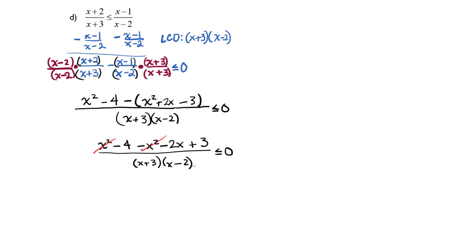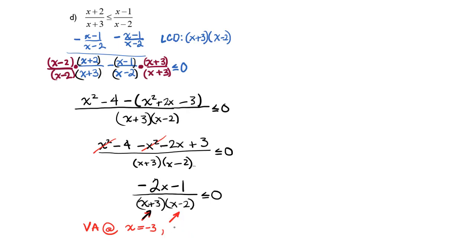We know that x squared minus x squared adds to 0. We have a negative 2x and a negative 4 plus 3. That will give me a negative 2x minus 1, all over x plus 3 times x minus 2, less than or equal to 0. The first vertical asymptote will be at x equals negative 3, and the second one will be at